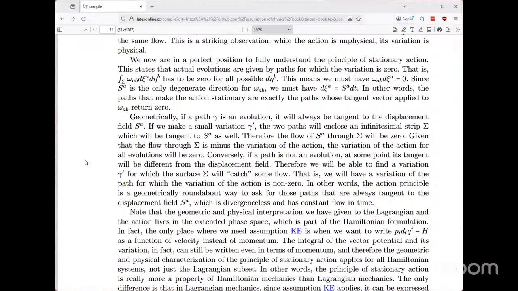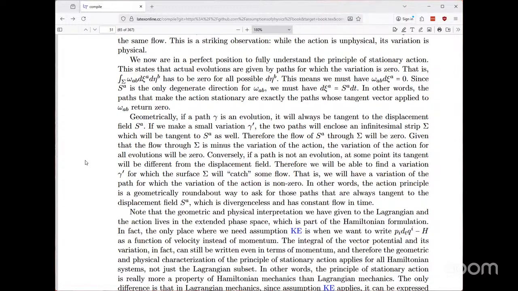We now are in a perfect position to fully understand the principle of stationary action. This states that actual evolutions are given by paths for which the variation is zero. That is, the area integral over sigma of omega AB has to be zero for all possible displacements in eta. This means that we must have omega AB contracting the displacement equals zero, since the displacement field is the only degenerate direction for omega AB. That is, we must have